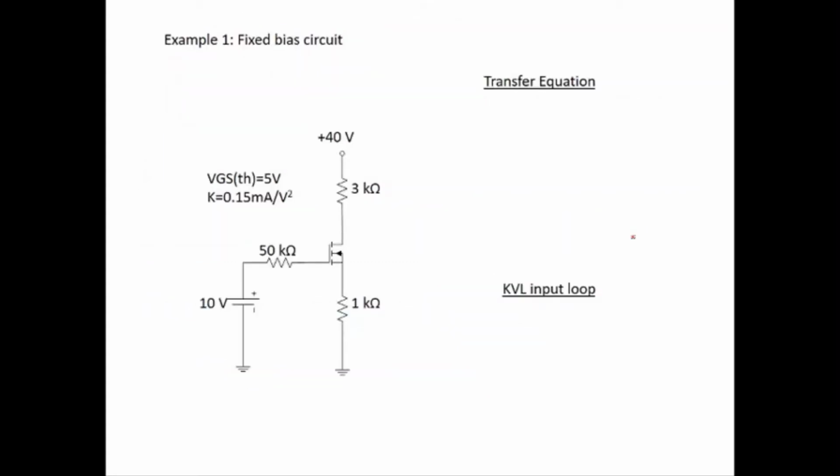Okay, let's go to the first example. This is the fixed bias circuit. There is no capacitor, so no need to remove the capacitor. And this is not a voltage divider, so no need to do the circuit transformation. The next step is to write down the transfer equation. The transfer equation is ID equal to K times (VGS minus VGS-TH) squared. K is 0.15 milli, VGS-TH is 5 volt, so you get the equation